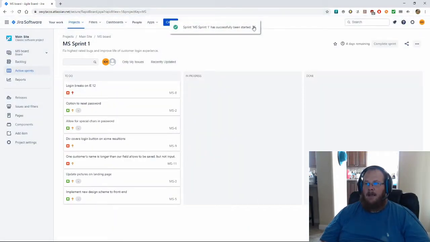Now, as you can see, I went back to that board that we were at in the beginning, and at the time it just had the to-do, the in progress, and the done, but they were blank. Now that we started the sprint and the sprint is active and we have this work in it, it's gone back to this view for ease of use. Okay,